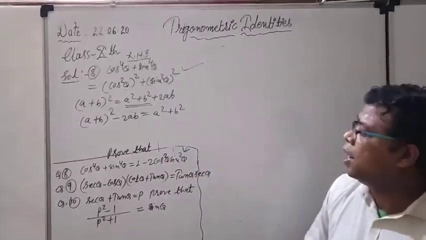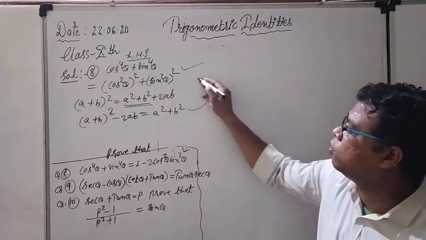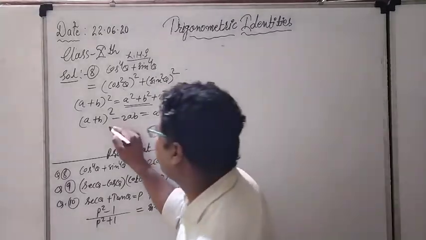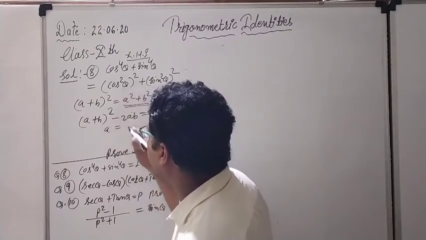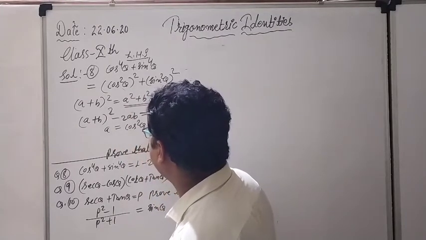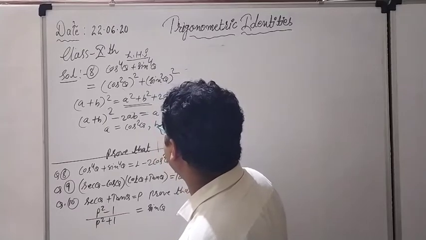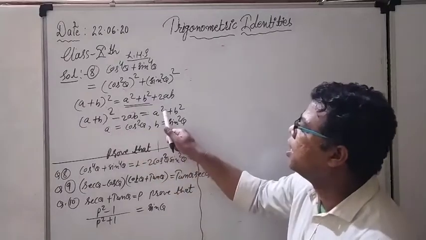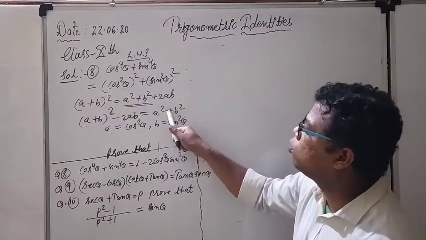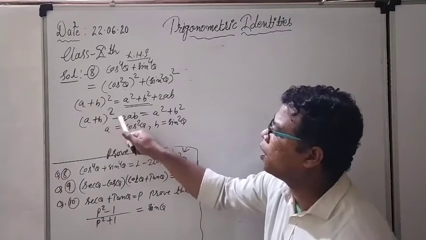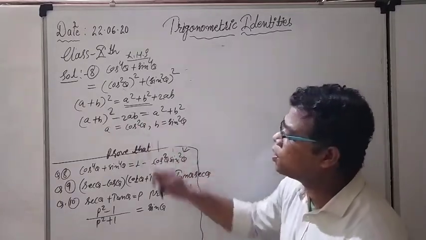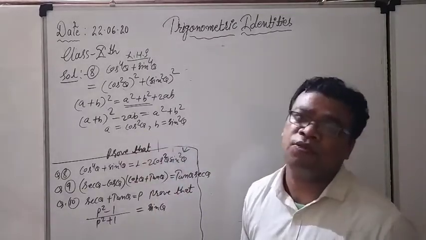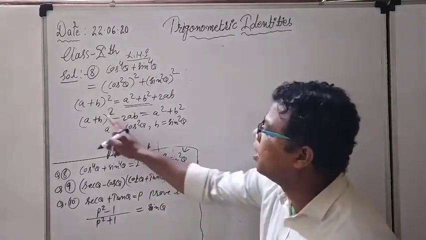Things are clear to you? And our question is in that format of a square plus b square. So right now it is very easy. We will apply this technique. What is there in place of a? Cos square theta. What is there in place of b? Sin square theta. After that nothing more to do. Whatever we have got, a square plus b square, could be written as (a plus b) whole square minus 2ab, where a is cos square theta and b is sin square theta. So whatever values we get in place of a and b, we are just going to put them in this expression.